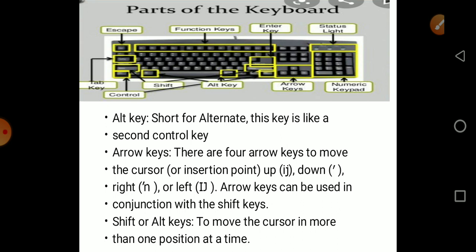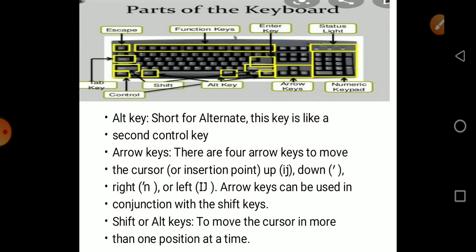See, arrow keys can be used in conjunction with the shift keys for selection purpose. Suppose you have typed some text, you have to select the text. You have to select more than one line. In order to do such a task, you can use the arrow keys along with the shift keys.